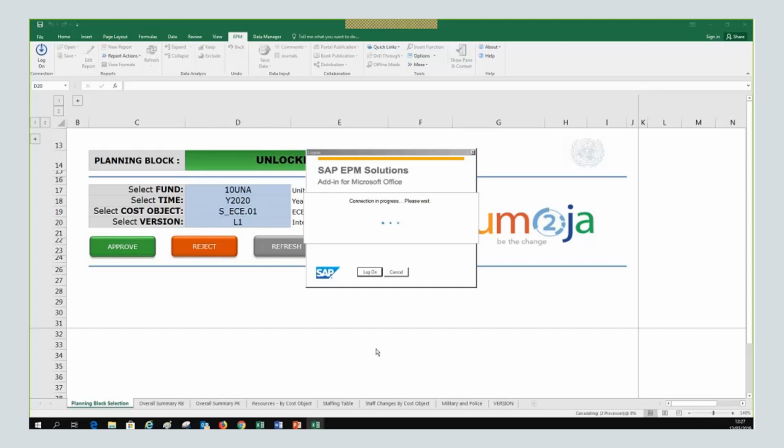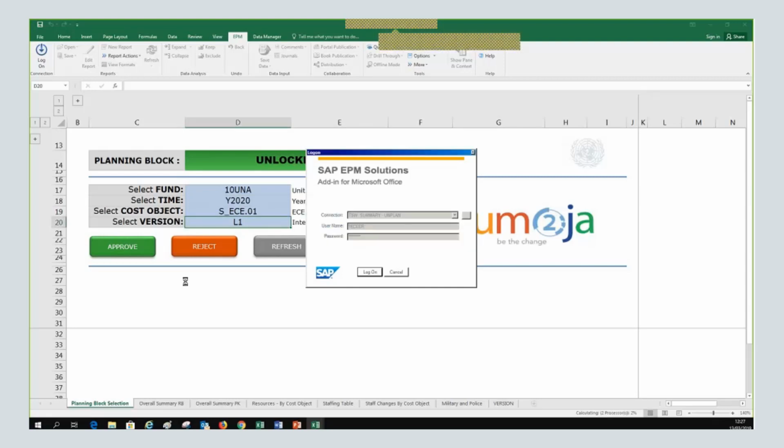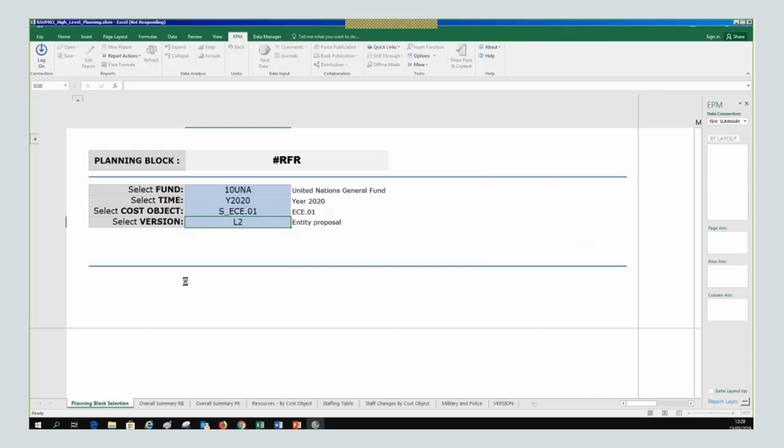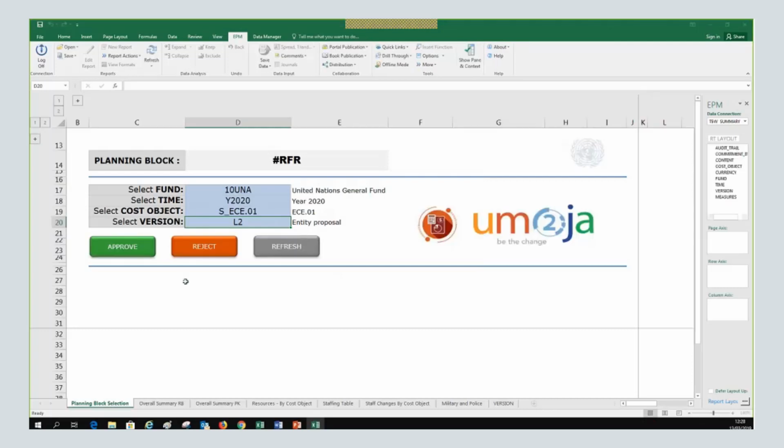I'm trying to access with a different user that I think has permissions to approve the L1. You can see the change of the screen, but it's nothing special. Once you click on approve, you get a confirmation message. And actually, I will send you this in the job aid, because some screens appear and the approver has to click on next a couple of times, so it's good if I show it to you. Just wait with me for a few seconds.